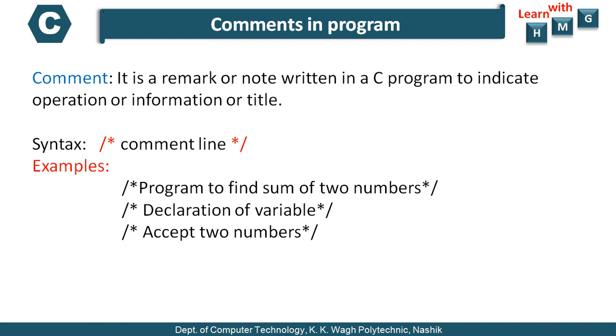you can write the comment accept 2 numbers for understanding. I am displaying the sum, so I may give the comment display sum, and when I am writing the main program, I will write the comment main program, like this. So these are some examples of comments, and in this way you can have comments in your C program. You may ask, if the compiler skips the comments, then why are they required in a C program, why not skip them?